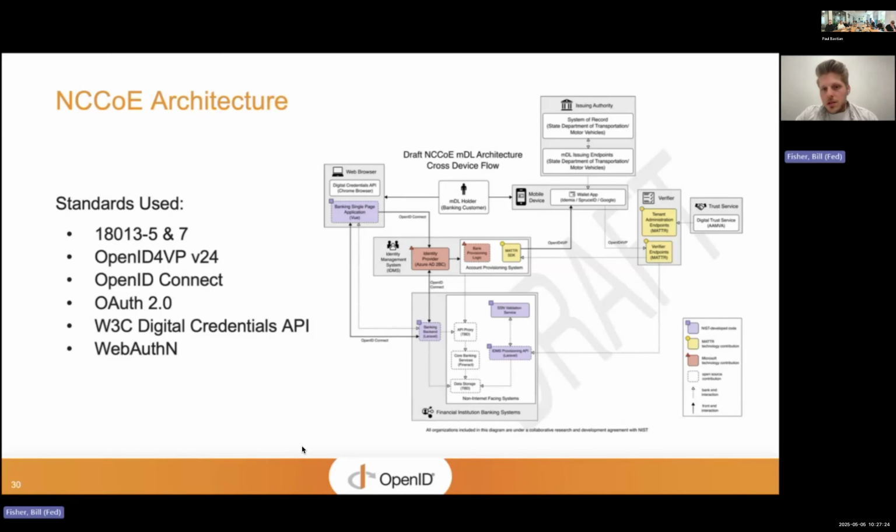So I won't go through this entire chart here. Obviously, anytime you see an architecture diagram, it's a little bit of an eye chart. But this diagram sort of outlines some of the basic components that we have in our architecture that we're building out now. What you're going to see here in a moment from my colleagues Juliana and Oliver does not include the quote-unquote bank of NCCOE we're developing.